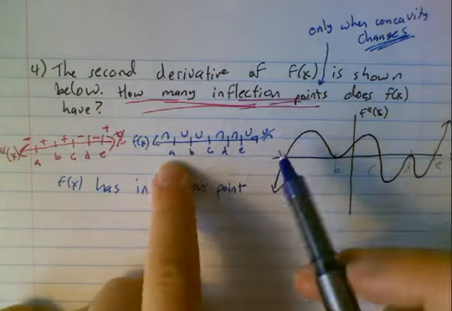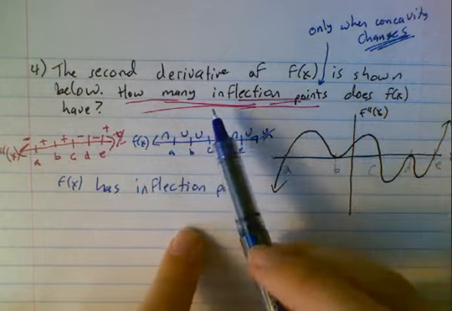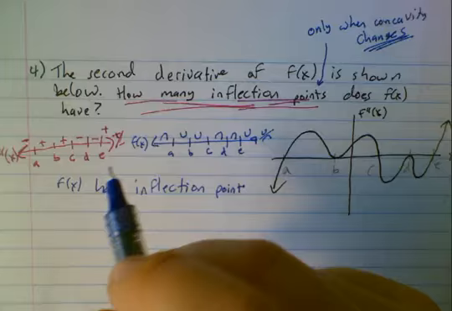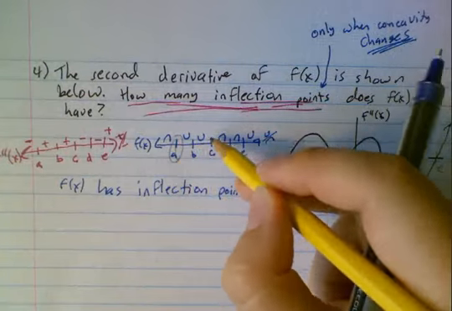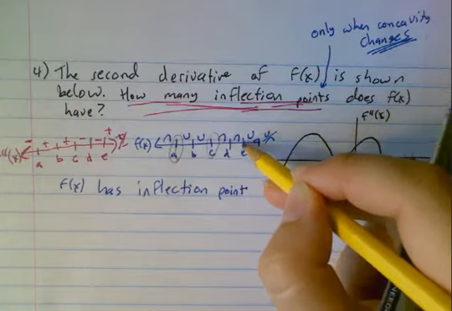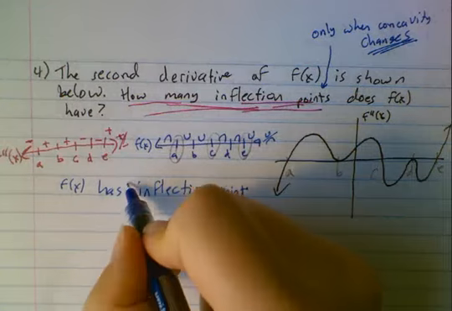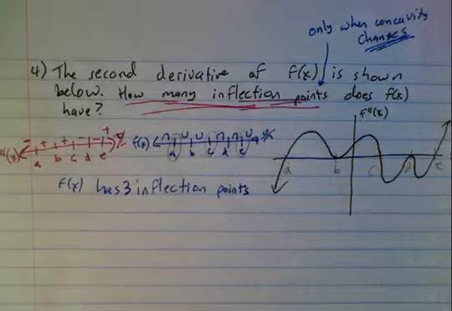Actually, it's not even asking for where the letters are, it's asking for how many. So I see there's one change right here, no change, one change right here, no change, one change. Has 3 inflection points